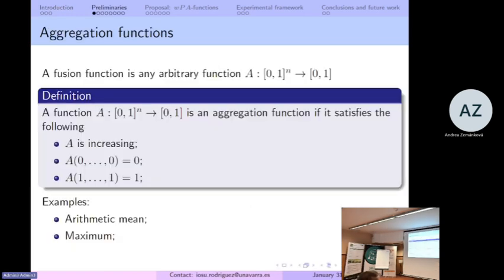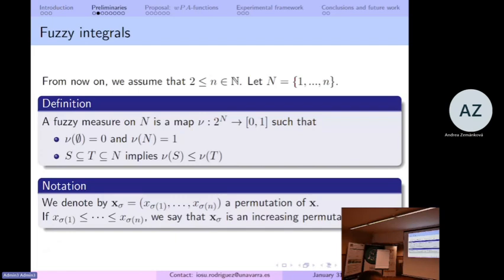We know what a fusion function is: just an arbitrary function that takes n inputs from [0, 1] and gives us a single representative. And of course, if we have the monotonicity and boundary conditions, we end up with the definition of aggregation functions. The arithmetic mean and the maximum that pooling layers usually use are examples of such aggregation functions. But there are many more in the literature that we would like to exploit, and an